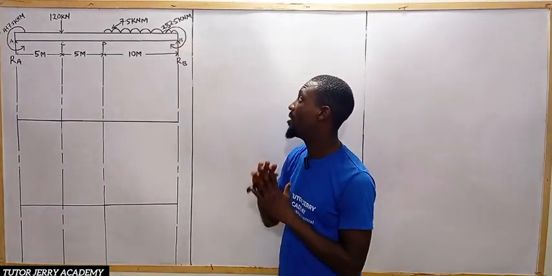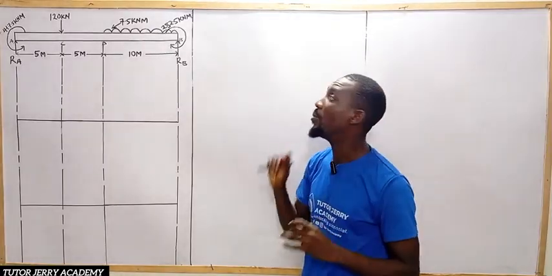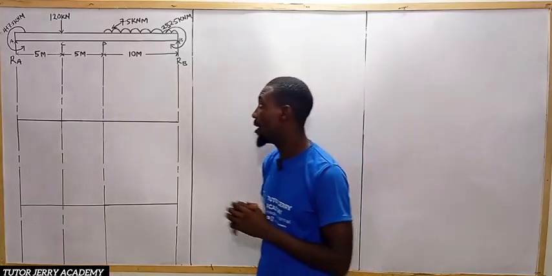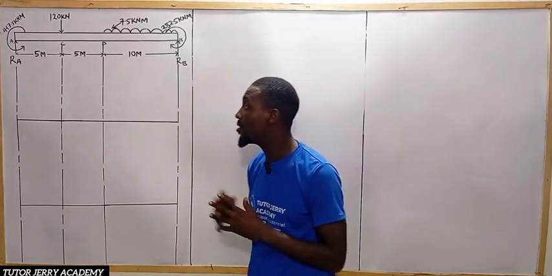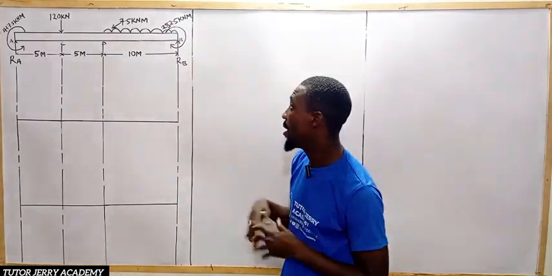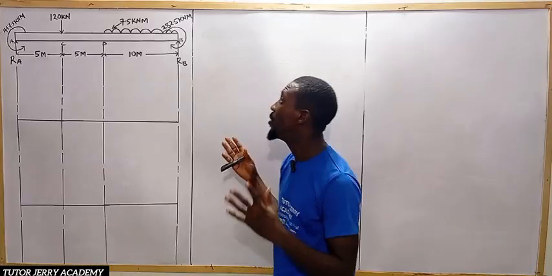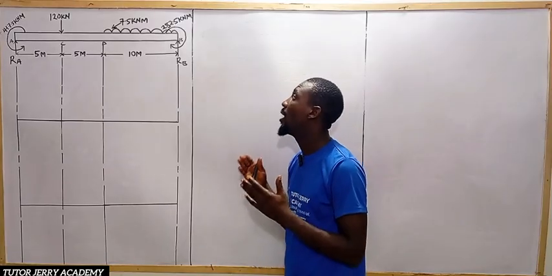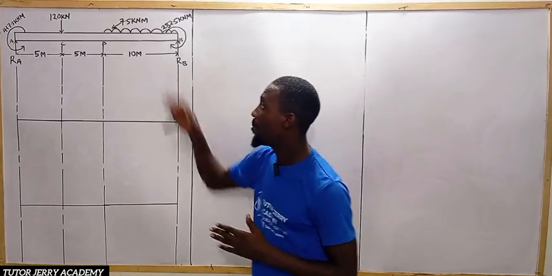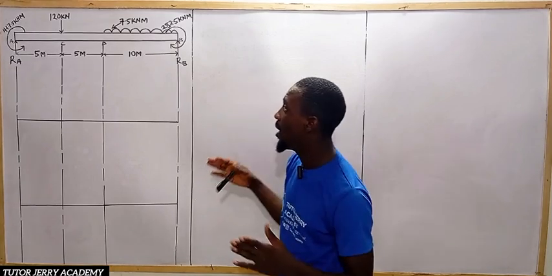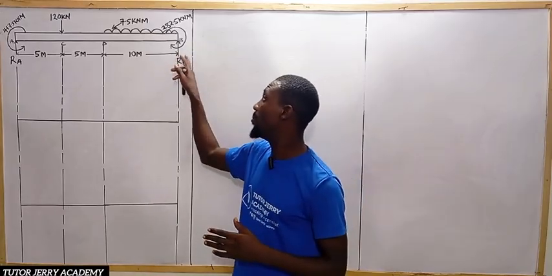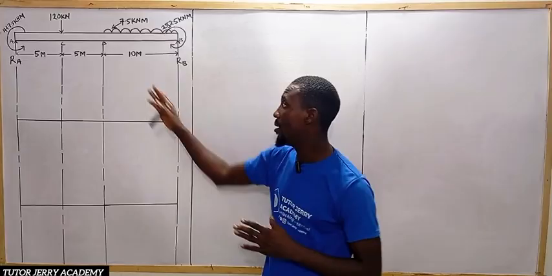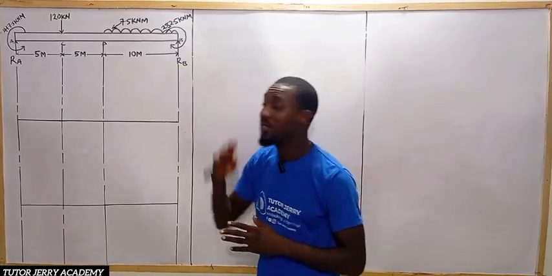Here we have a moment of 282.5 kilonewton meter, while at the other end we also have another moment, which is 417.5 kilonewton meter. A uniformly distributed load of 7.5 kilonewton per meter and a point load of 120 kilonewton. You can see clearly the distance from B to D is 10 meters, C to D is 5 meters,